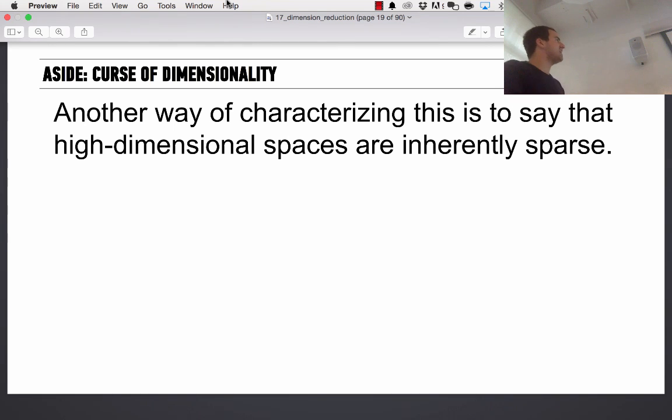Another way of saying this is that high-dimensional spaces are inherently sparse. And again, we've seen the word sparse before. It means that there's a lot of empty space. So if we have 2 dimensions, and we have some data points in this whole blob here, everyone's very happy in the blob.